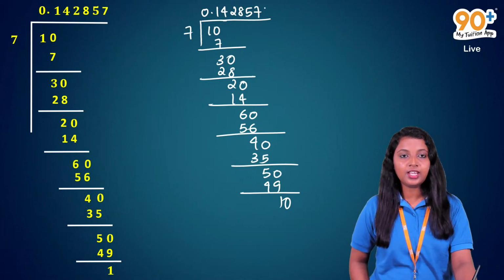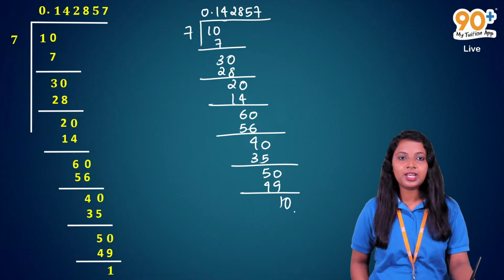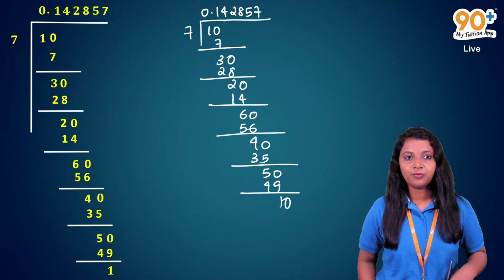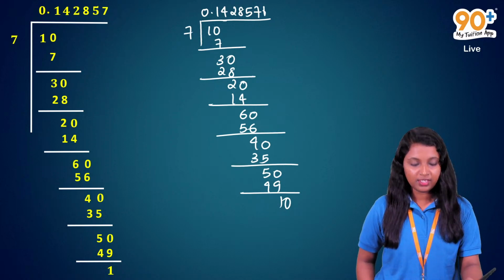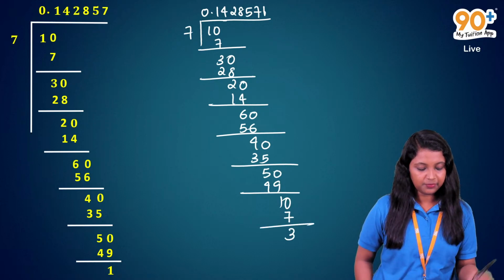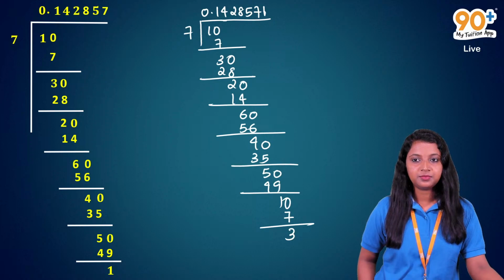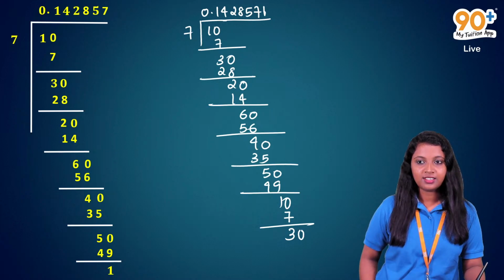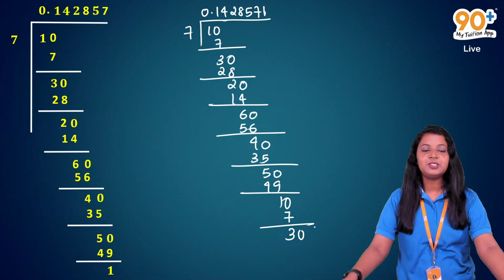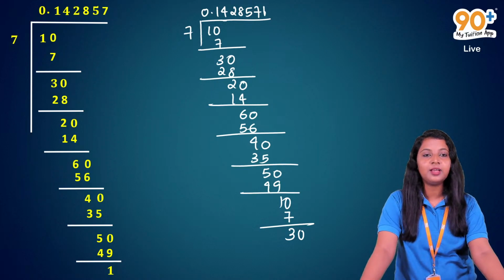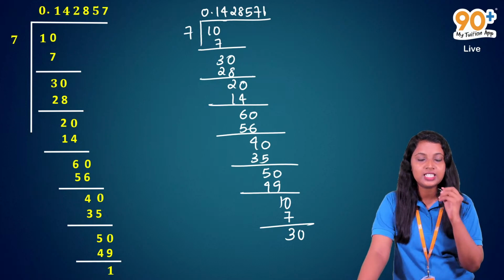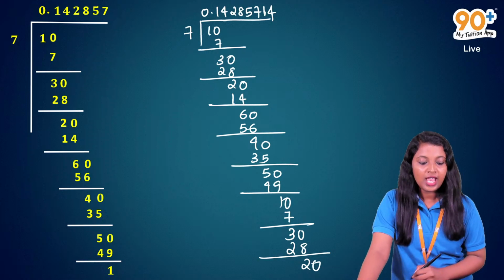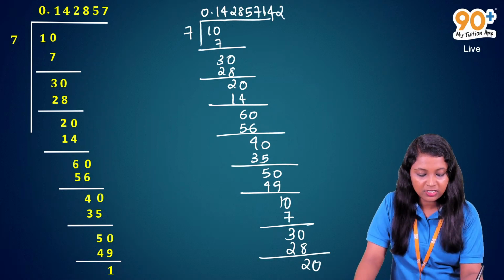So we have to write a number here. That number into 7 is equal to a number less than or equal to 10. So it is 1, right? 1 sevens are 7 and the remainder is 3. Then we repeat. So this is 30 and the number we have to write here is the next number 4. 4 sevens are 28 and the remainder is 2. So it will be 20 and we have to take the next number here, and this is 2 sevens are